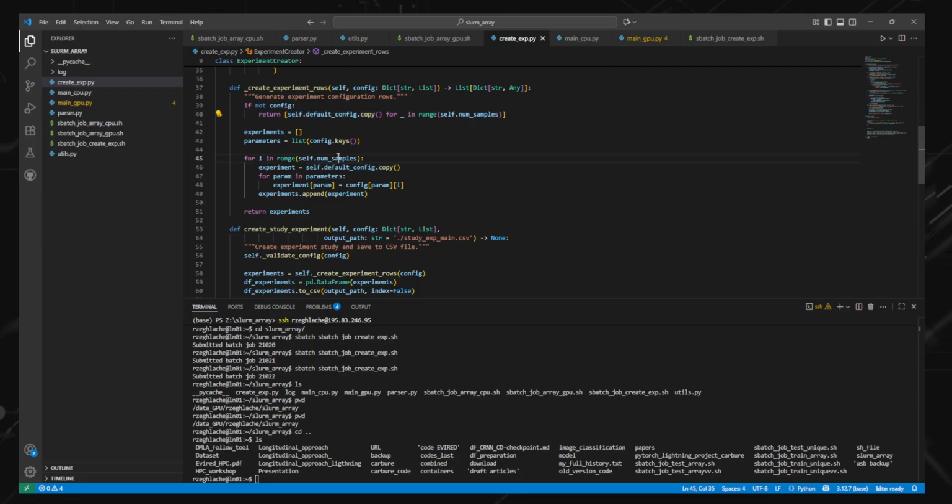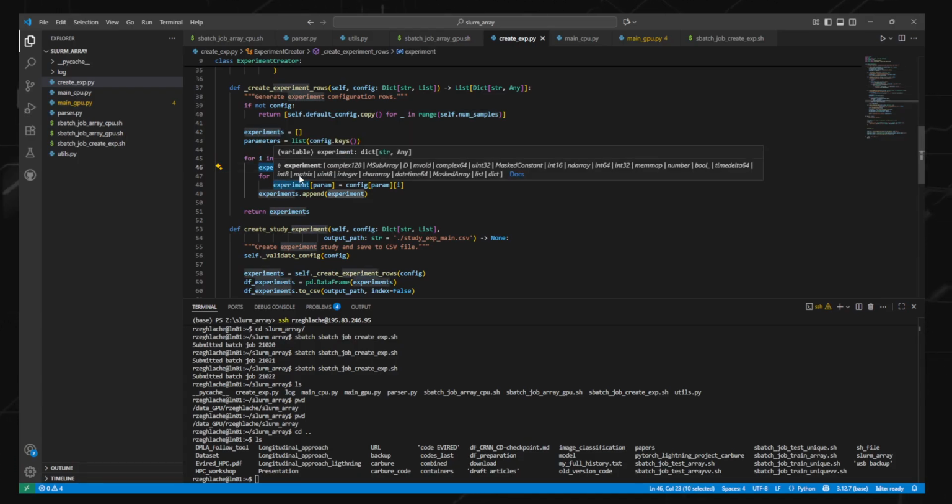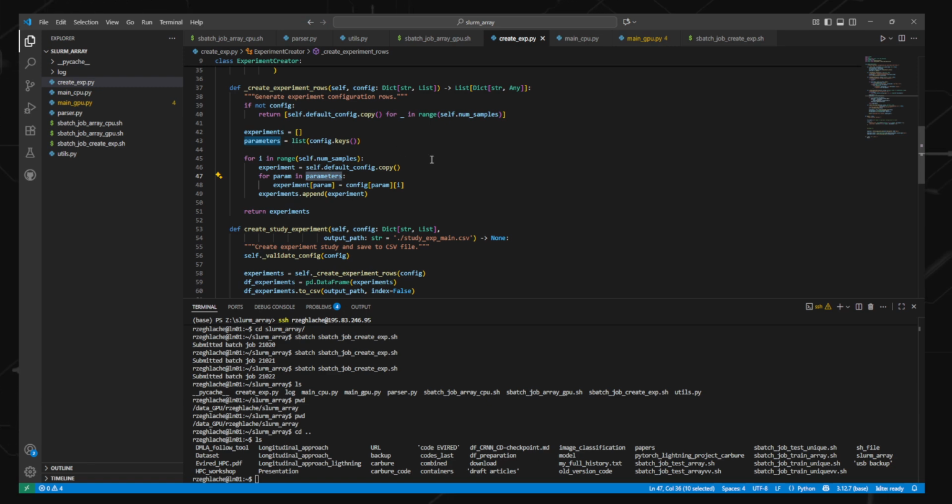So now inside the sample, I have this experiment, and for each parameter that I have, which is basically my config, it is a dictionary with each key being a variable, a set of variables that are inside my parser, and the values are the different values of the variable that I want to change over. So for example, my batch size can